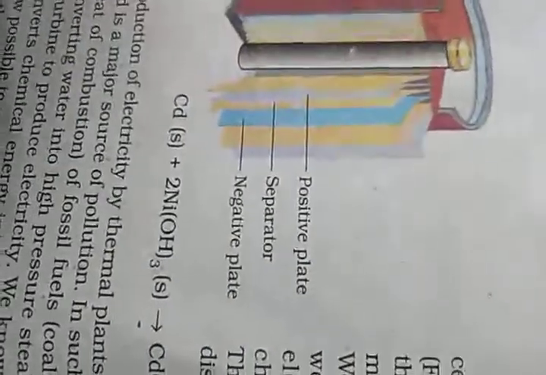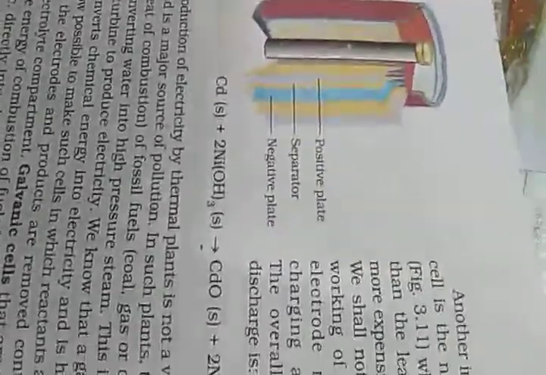I show you this example: a rechargeable nickel cadmium cell in a jelly roll arrangement, separated by a layer soaked in moist sodium or potassium hydroxide. Not in detail, I am explaining the positive plate, this one is the separator, and the negative plate, which is more expensive. The reaction is cadmium plus nickel giving cadmium oxide and nickel hydroxide plus H2O liquid.